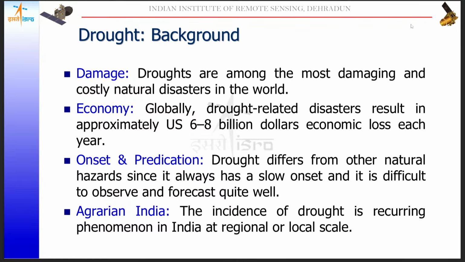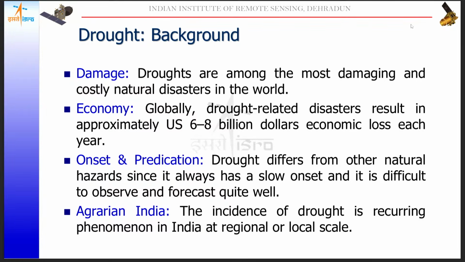So first, if I define the damage part, if you simply name the different natural disasters, like landslide, volcanic eruptions, flood, drought, subsidence, all kinds of natural disasters, the drought more specifically is one of the most damaging and costly natural disasters at the global scale, not only in terms of money, but also in the number of people. Every year millions of people are affected by this natural disaster.